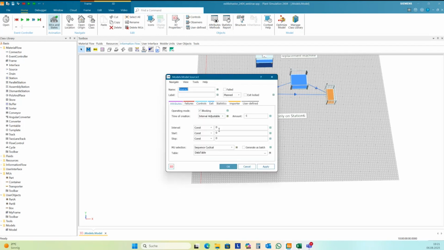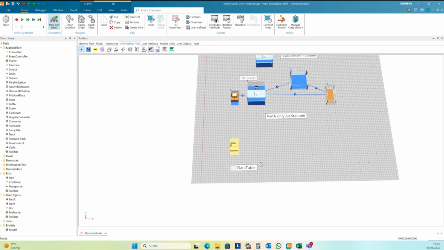And a 10-second interval. Machines. And 1 drain.